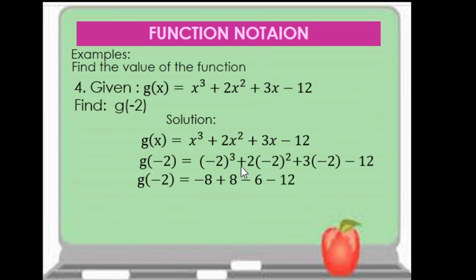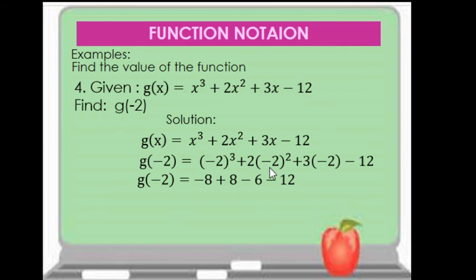Okay, so evaluate natin yung may mga exponent. So, negative 2 cubed. Kailangan nating i-multiply ng 3 beses yung negative 2. So, bakit 3 beses? Kasi ang exponent niya is 3. Okay, so we're going to multiply negative 2 times negative 2 is positive 4, times negative 2 is negative 8. Kaya po ito ay naging negative 8. Then,